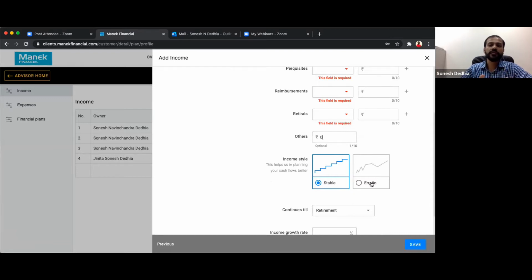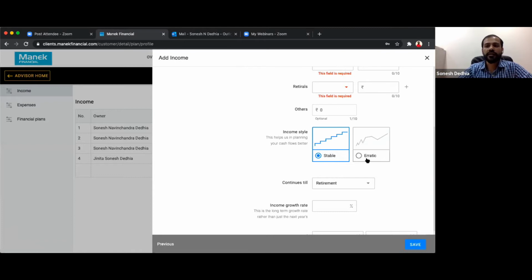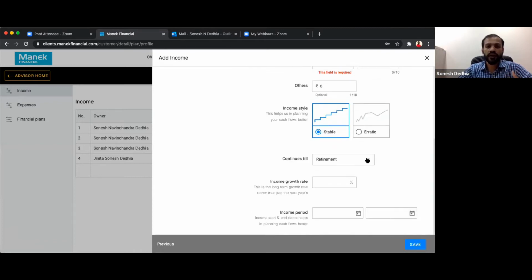So when we are coming up with a life cash flow, we will come to a point where, if it's an erratic income, you want to decide how much to discount it at a future rate and future date, whereas right now it's a stable income. If it's an erratic one, continuously changing where you never know, then you want to plan it for the future years.